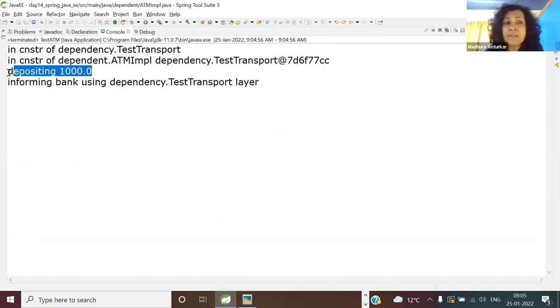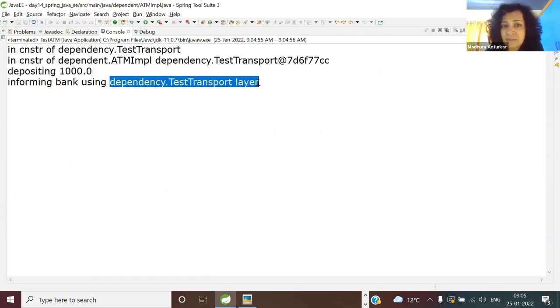And while depositing 1000, is the dependent object getting any exception? No. Dependencies are made available, but by the programmer, not automatically. And are we using the test layer to inform the underlying bank? Are you getting the same output, in short? It's a two-liner. Everyone clear?